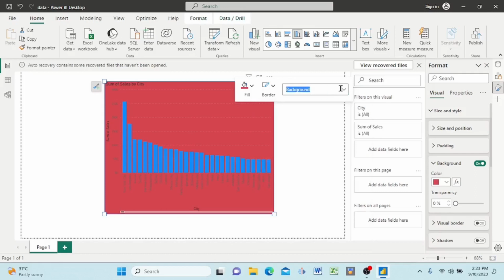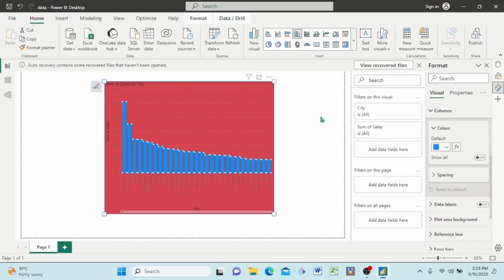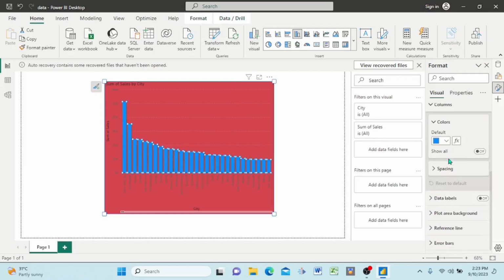Up here we have the background, but if I put this down, let's see what we have there. So we can also change. Here we have horizontal grid lines, background, sum of shades. You see I can click here now and also click here, and then decide to change the colors. And then we can also come here, go to